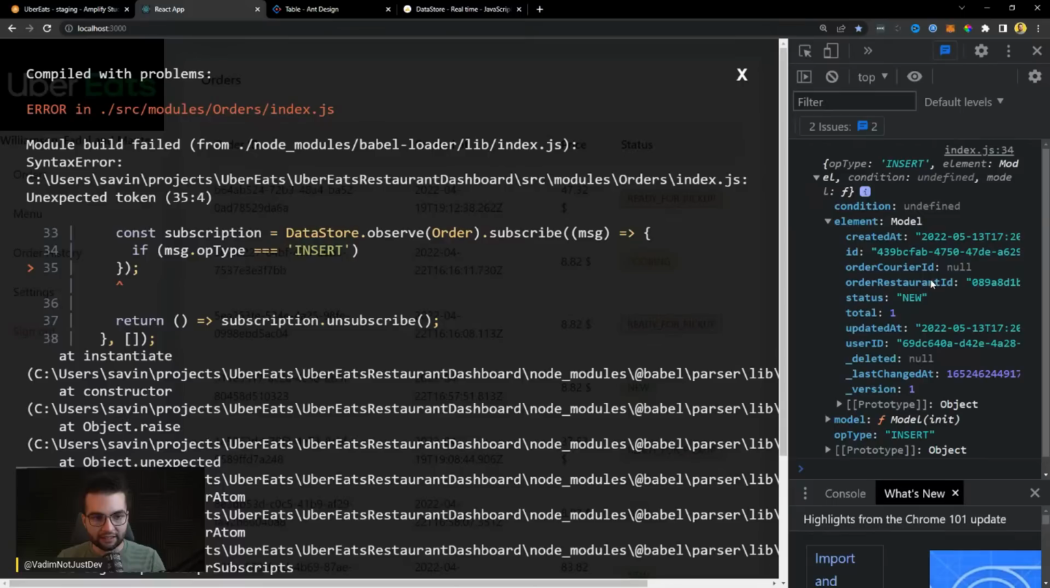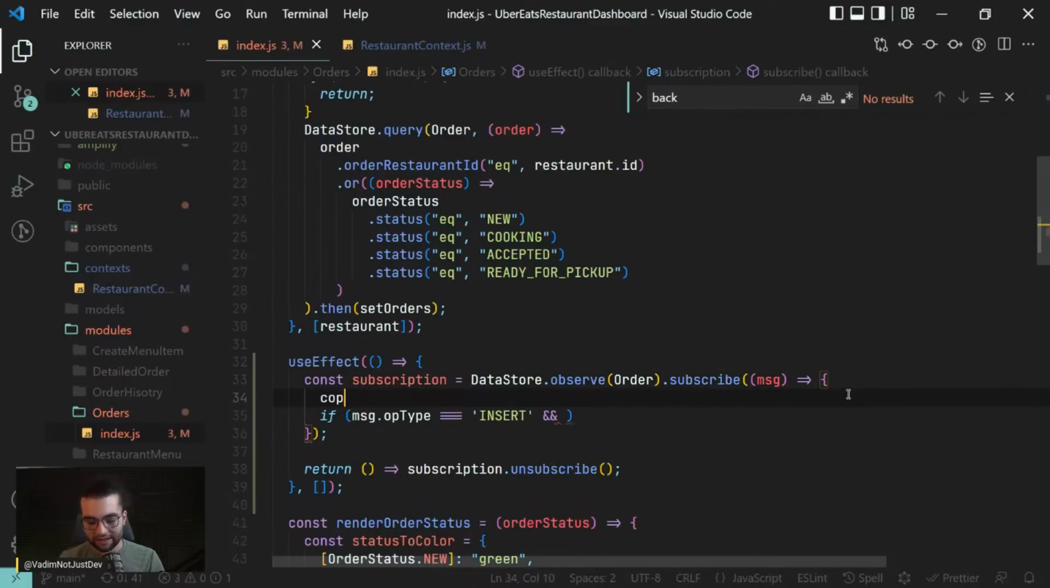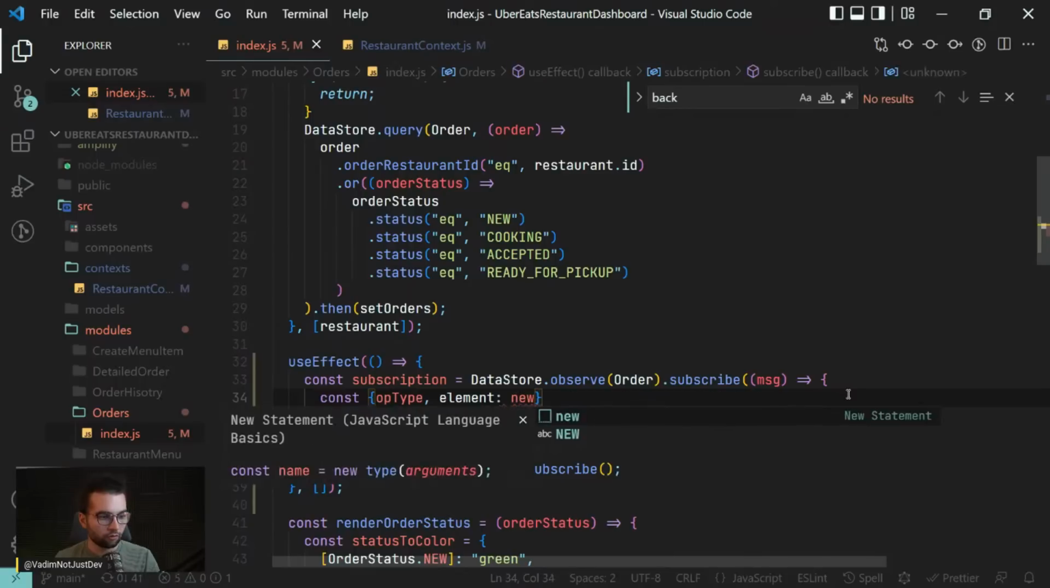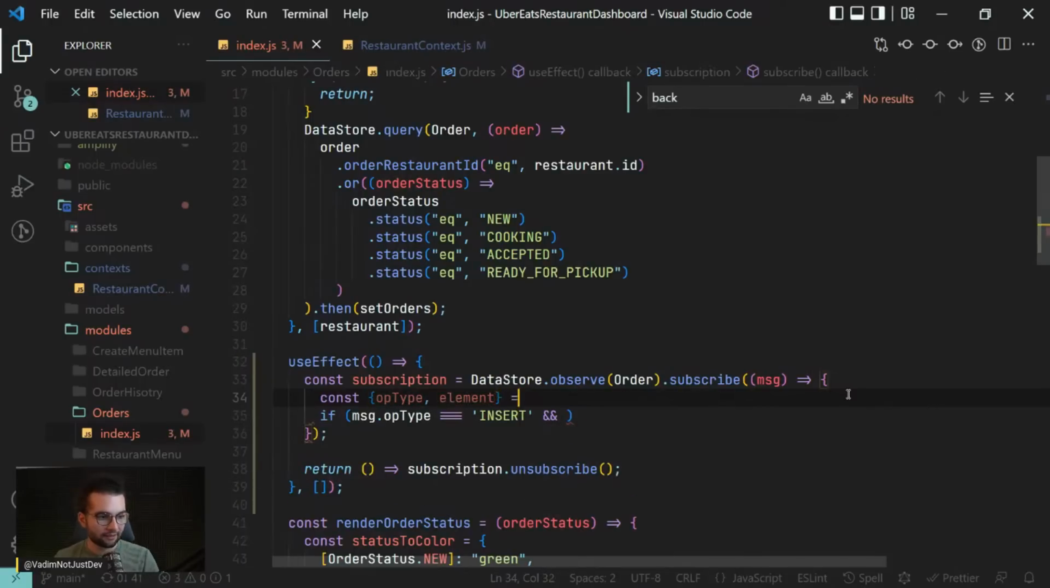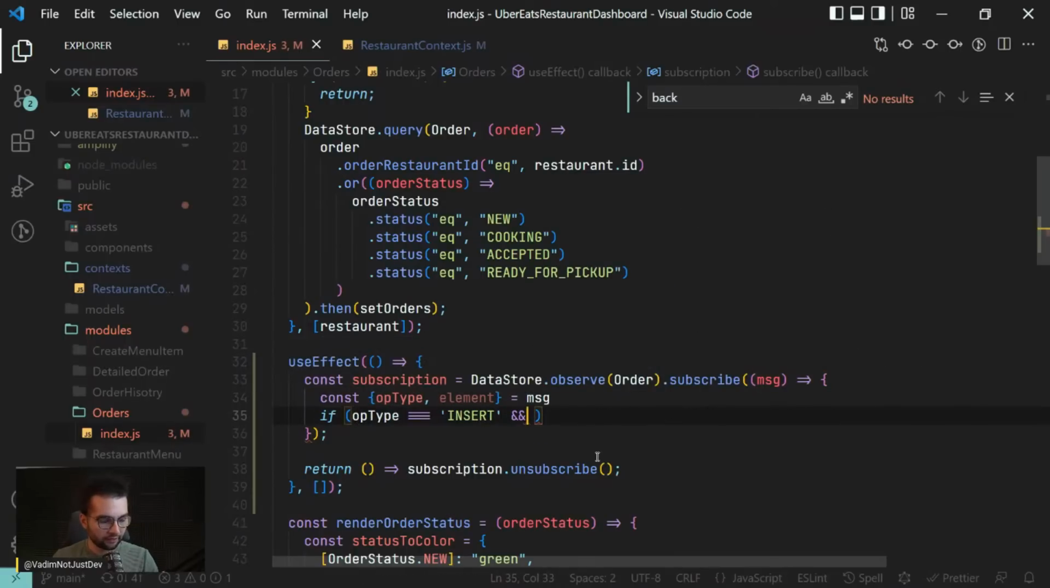What are we interested in here? Well, we are interested if this order is for us, because it might not be for us. I'm going to get the op type and the element, which I was going to rename, okay, let me leave it element. Easier to get it here. So if the element dot restaurant,